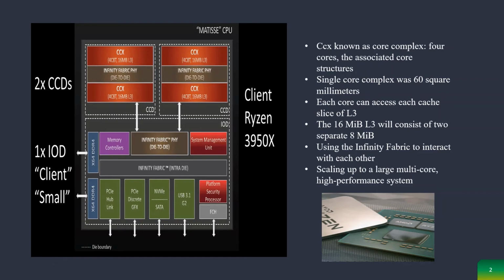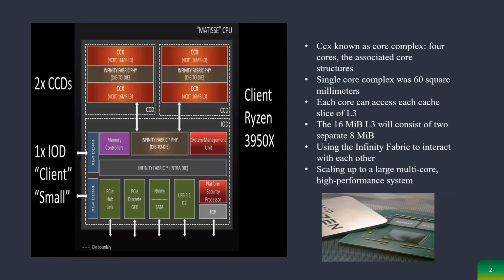The CCX is also known as the associated core structure. A single core complex is 60 square millimeters, and each core can access each cache slice of L3 with the